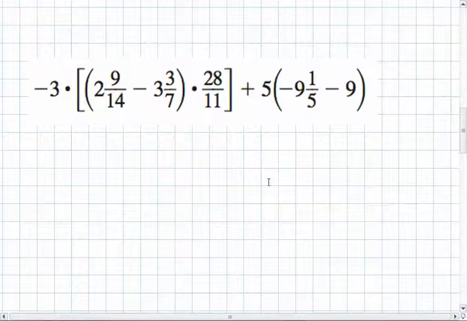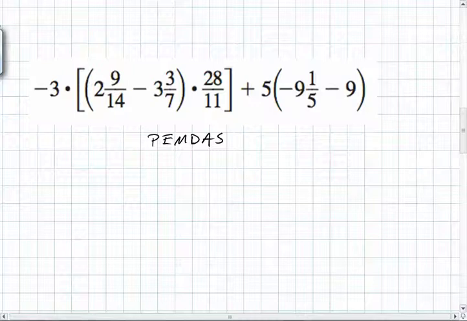The next question I'd like you to think about is the following. You need to simplify this expression. As we've seen already, you need to follow PEMDAS. So first, we need to complete the operations inside the parentheses. So let's take a look at this one right here. You have negative 9 1/5 minus 9, meaning you're going to go down from negative 9 1/5. So the answer to that is going to be negative 18